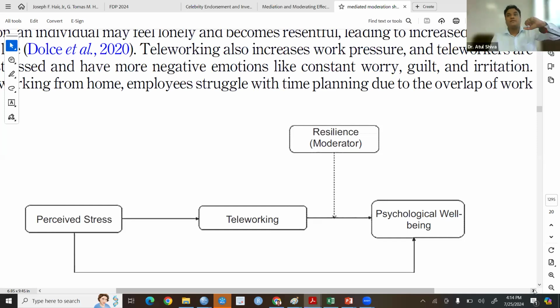पेपर होगा स्ट्रेस टू टेलीवर्किंग, पेपर ये भी होगा टेलीवर्किंग टू वेलबींग, दैट इज व्हाई रिलेशनशिप बने हैं, बट इट इज एक्टिंग एज अ मीडिएटर दैट वी आर प्लगिंग इनटू दिस। नाउ 4 हाइपोथेसिस हो गए। पांचवा हाइपोथेसिस है resilience leads to well-being। फिफ्थ इज दिस, resilience से भी well-being बनती है, जबकि तीर बीच में लगा है। बट the indirect arrow is resilience leads to well-being, this is H5। now H6, H6 क्या बनेगा? resilience multiplied by teleworking leads to well-being।